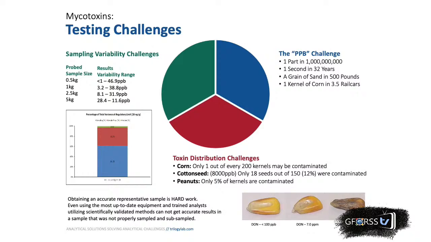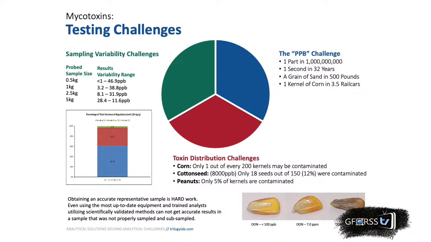What we call the ppb challenge is the next thing we'll discuss. Mycotoxins are quantitated at the ppm, parts per million, and ppb, parts per billion level. Think about the small amount of material we're looking for. A ppb is 1 second in 32 years. There's some other examples, but that one is just really definitive of what a small amount we're quantitating. Maybe it seems like we're looking for a needle in a haystack, but when we recognize that these parameters affect our total result, it will help us get the best sample